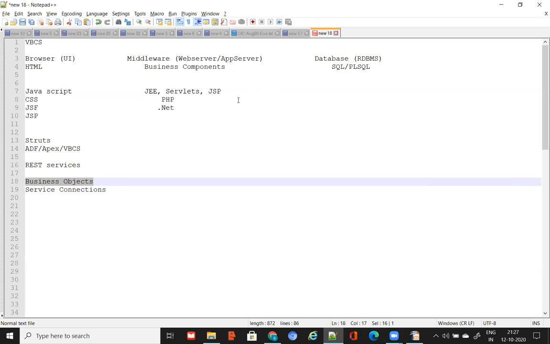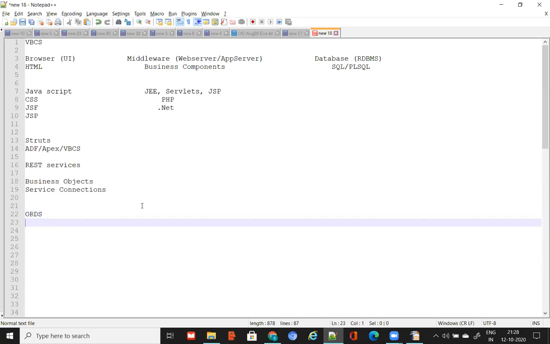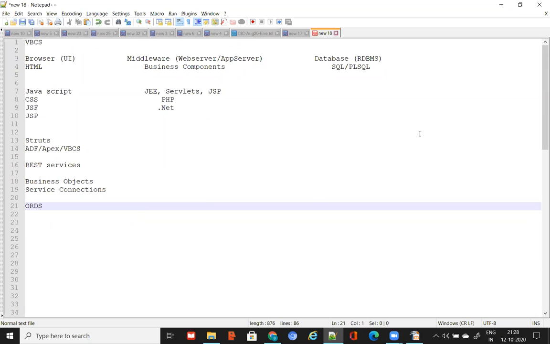If you want to communicate with the database, the only way is to first expose those objects as REST APIs. How do you do that? If you want to expose your database objects like your views, tables, or your PLSQL APIs, you have to first expose them as REST APIs. That is possible through two means. One is that Oracle database comes with something called ORDS. You can use that ORDS service to expose your database objects as REST APIs,